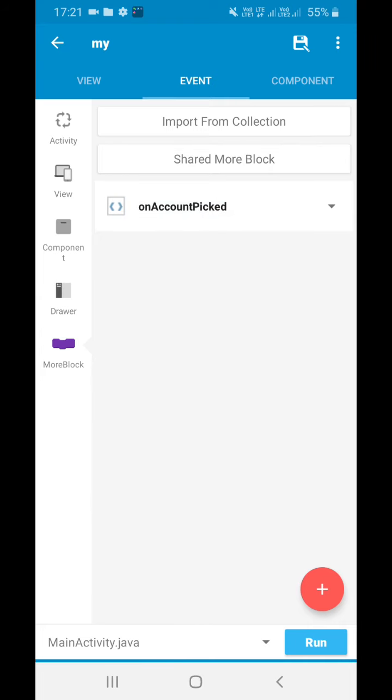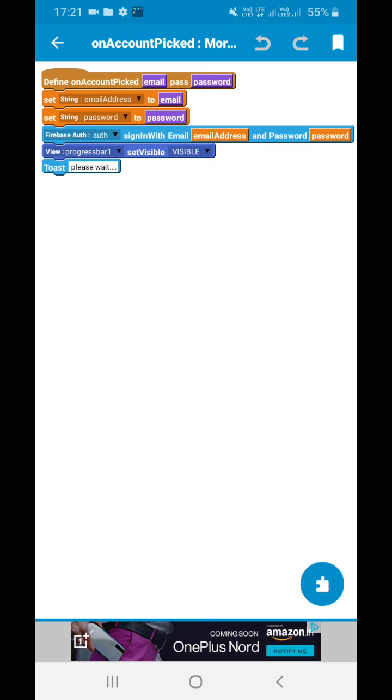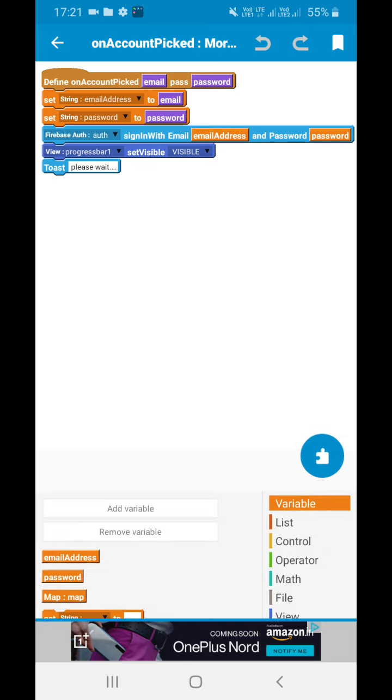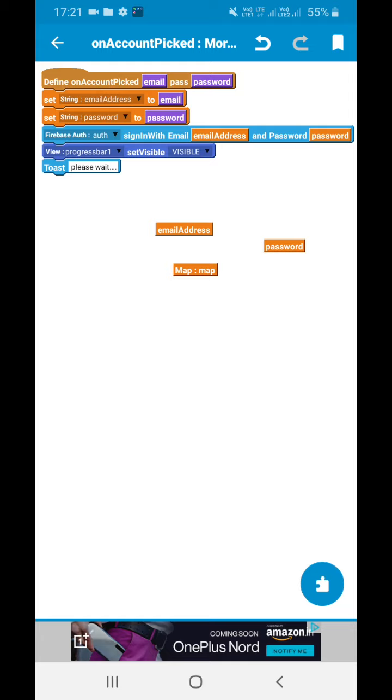I have shown you the account picker dialog box before. So here we have to create two string variables and one map variable: a string variable as email address, another as password, another map variable as map. It's done.